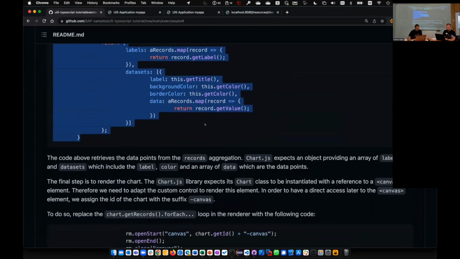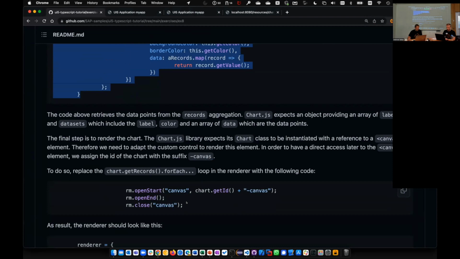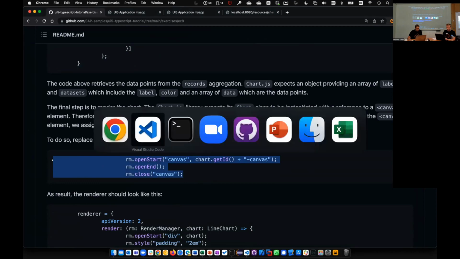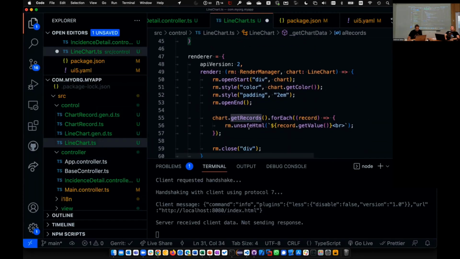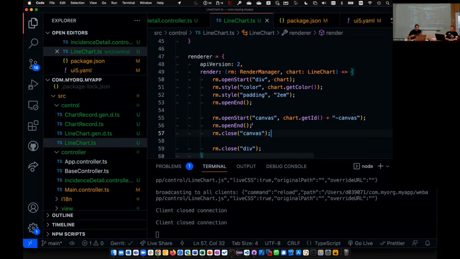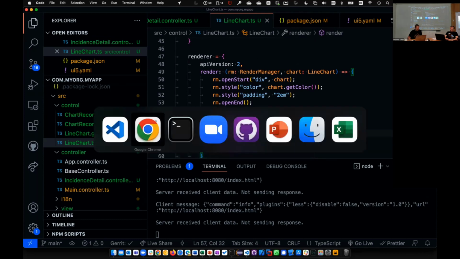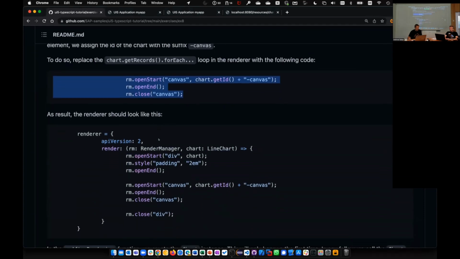And the next thing now is how to render that. And now we need to modify the renderer a bit, so that we put the canvas in the renderer at the place where we have this for each. So instead of iterating through that and writing these ugly lines, we now create a placeholder for the Chart.js. And here in this placeholder, Chart.js will finally render the chart inside. So it's a bit like how you normally put in an external thing: the control takes over the life cycle, and now it renders a placeholder. And at a later point of time, when the control is there and the DOM is ready, you use the lifecycle hooks for the rendering to add these nested controls. And